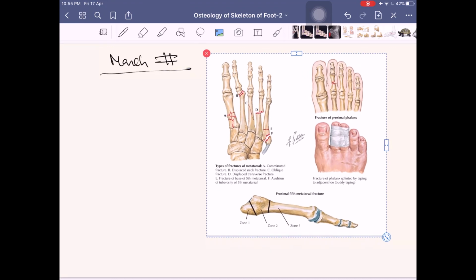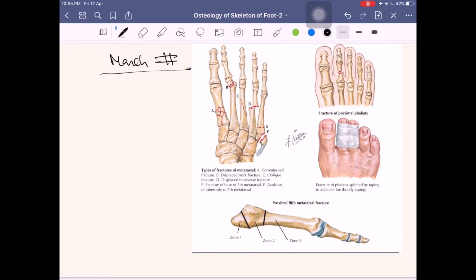You also have another applied aspect called March fracture. What are March fractures? March fractures are seen in soldiers. These are the fractures you can see here. Usually in March fracture, see this one, this F injury what you are noticing, and this is the tendon of your peroneus brevis. So this is your Jones fracture. Your Jones fracture is a fracture with the avulsion, this F. Other than that, you see there is a B, a C and a D. So these are your